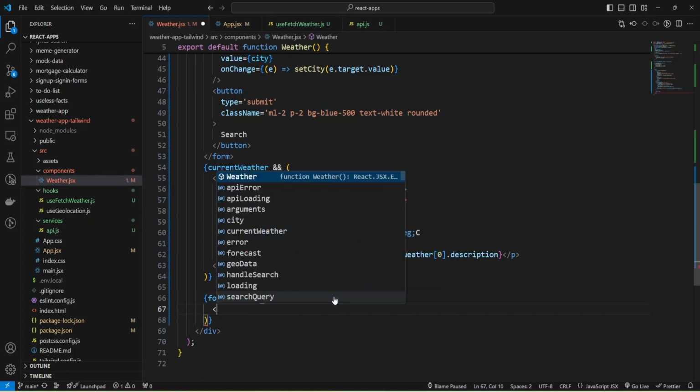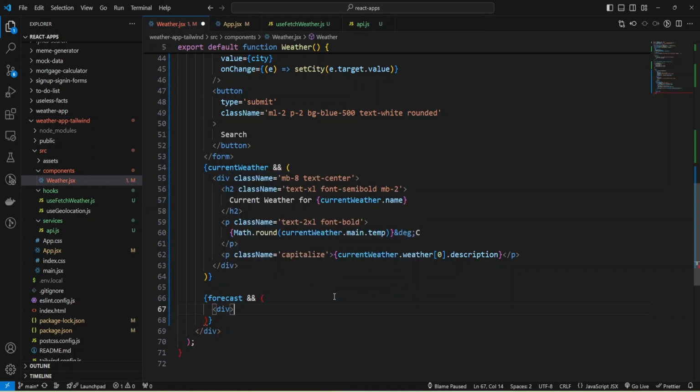I need some container div, and close this div, and let's add some classes, and I'm going to make background blue and add 100, add some padding, and add rounded, and also add some shadow.